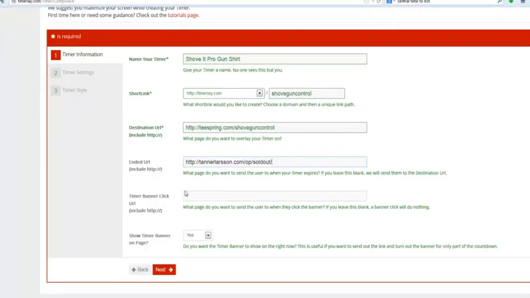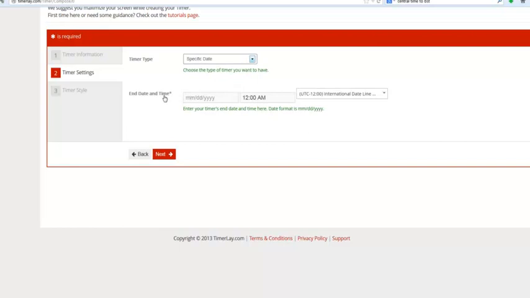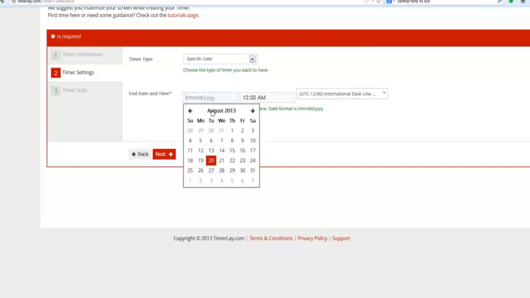Timer banner click, I don't put anything here. You don't need anything here for this type of offer. Show timer on page, yes. Then we click next. Timer type is going to be specific date. So the end date for this campaign is going to be next Tuesday